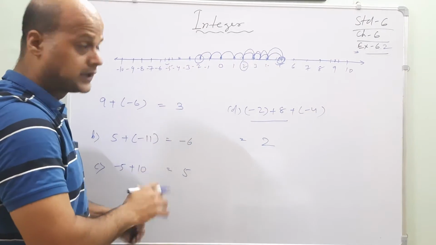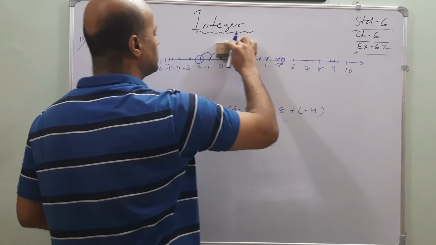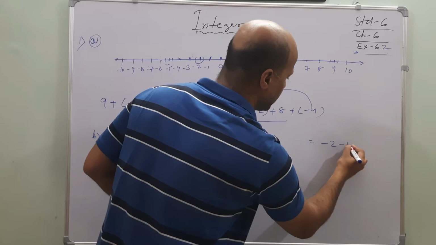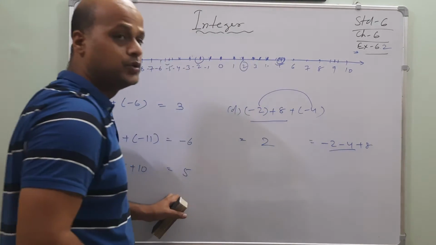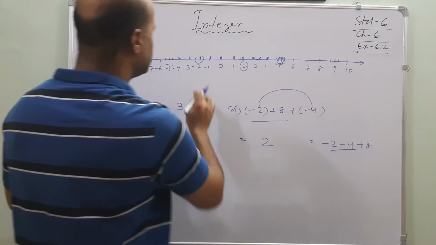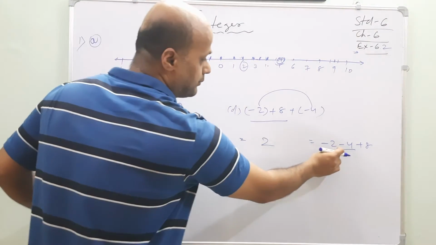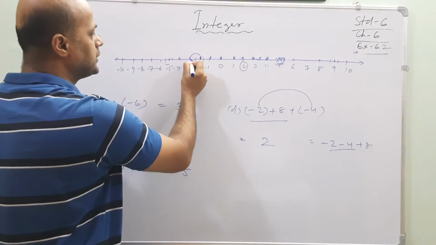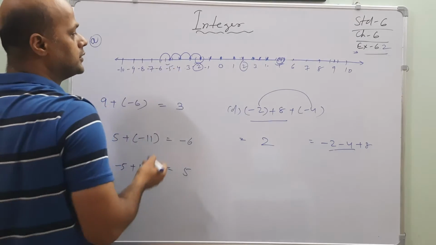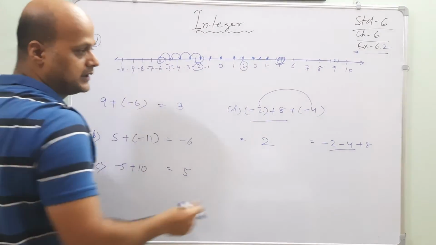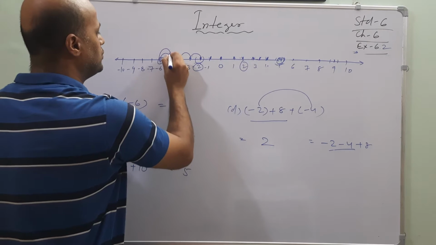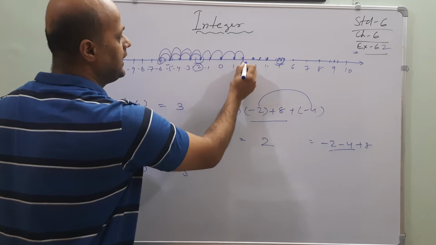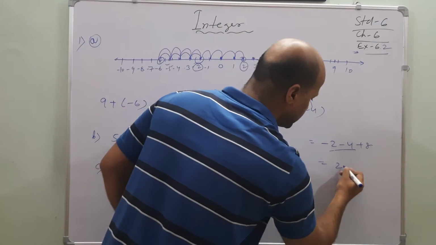Okay? Either this way or another way is also there. What is the another way? The another way is either you add these two. Minus 2, minus 4, plus 8. You can arrange this one in one place. Go for it. Where is the minus 2? Here. Minus 2, minus 4. Where will the minus 4 come? In this side it will decrease. How many times? 4 times. 1, 2, 3, 4. Okay, here 6 is there. Okay, plus 8. Go for it. 1, 2, 3, 4, 5, 6, 7, 8. Is the same answer coming or not? So the answer is 2.